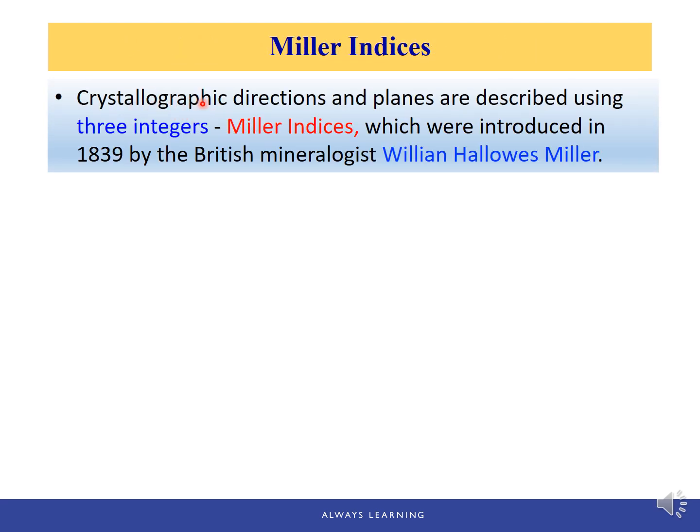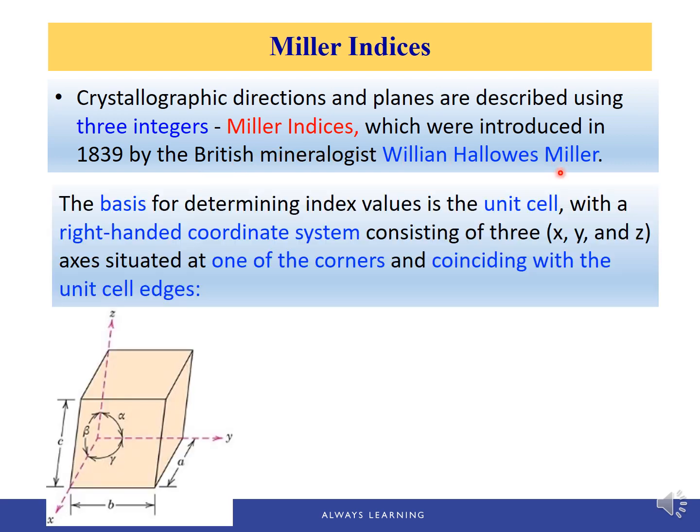The crystallographic directions and planes are described using three integers, which are referred to as Miller indices because they were introduced by the British mineralogist William Miller. And the basis for determining the index values is the unit cell. So we are defining the directions and planes within